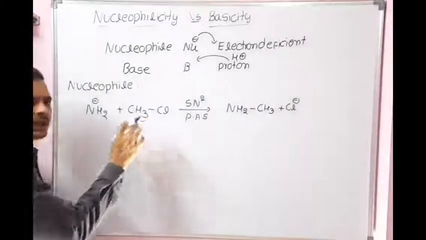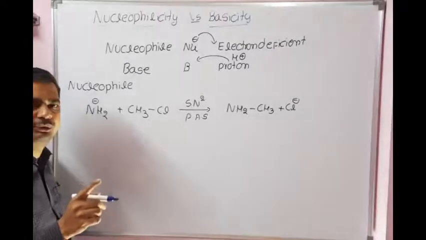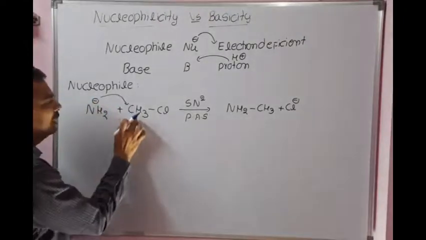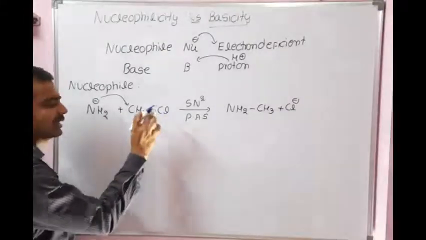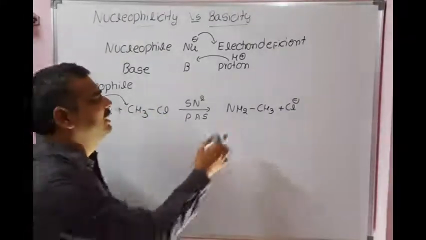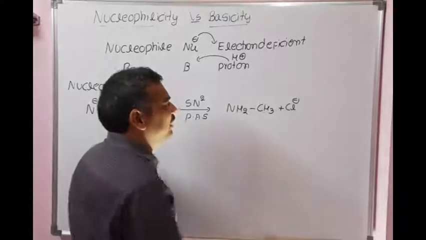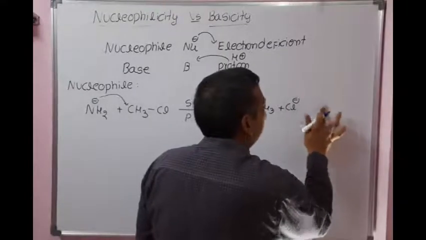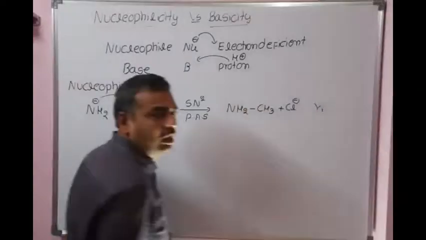Being a primary alkyl halide, it will undergo nucleophilic substitution by the SN2 pathway. The nucleophile will attack the electron deficient atom from the back side with respect to the halogen, so we will get an inversion product. Let us say the rate of reaction for this reaction is R1.